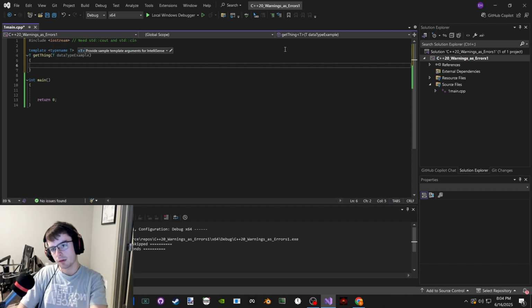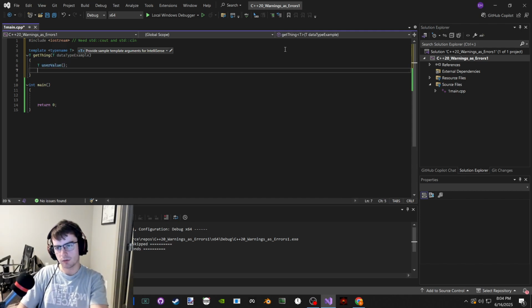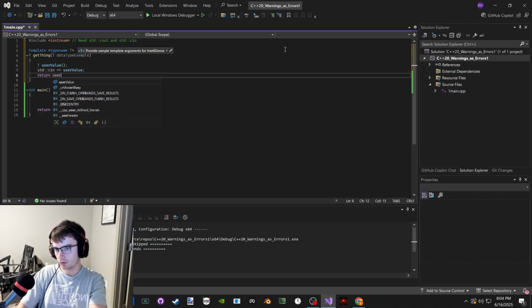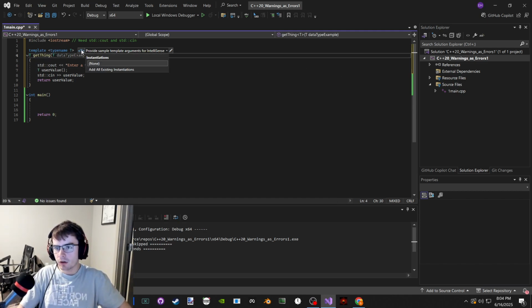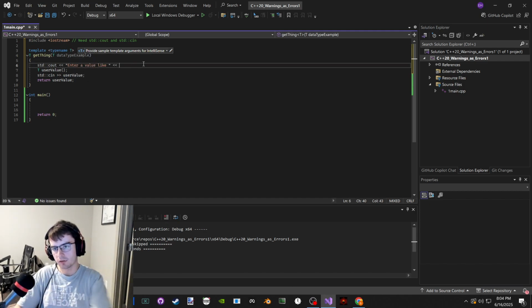Okay. And we could have a T user value, and then just value initialize it. And then std::cin input user value. Is it cool with this? Return user value. We could just say enter a value like... Hide! Oh, okay, it's not. I thought it was obscuring this. I couldn't see it. It was gray. Like data type example. Or we'll just say